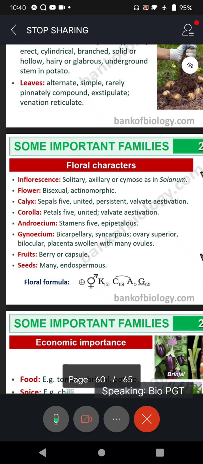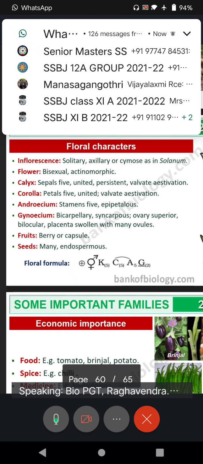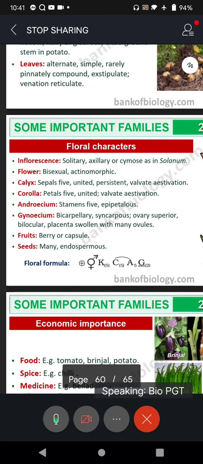And also we said that when you are writing actinomorphic, the symbol for that is a circle with a plus inside, as you are seeing in the floral formula, right? Can you see that? Yes. In the floral formula, the first symbol, and the next one is bisexual, both the sexes are present. There the symbol that we are using is an arrow mark and a plus. The arrow mark indicates androecium, plus indicates gynoecium. If both the sex organs are present, then we say bisexual.